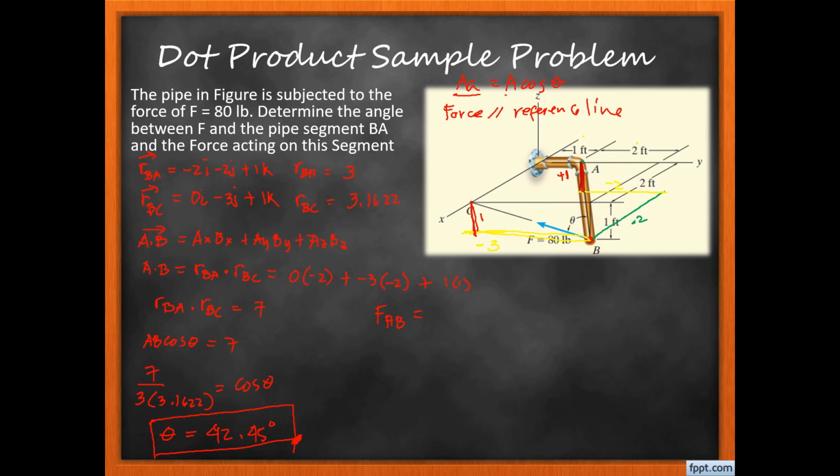Okay, and yung ating A is the magnitude of the given force vector. So madali na natin siyang masusolve. I-substitute lang natin yung magnitude ng ating force vector is 80, and then we have cosine, yung theta natin is 42.45 degrees. So F AB is equals to, compute na lang natin, 80 times cosine 42.45. So meron tayong 59.029